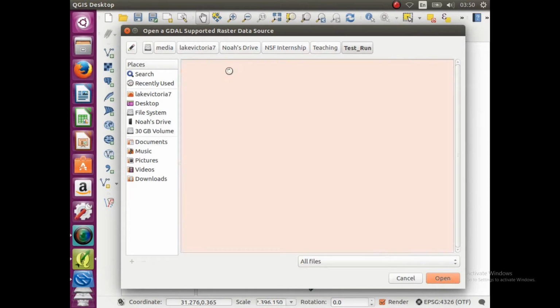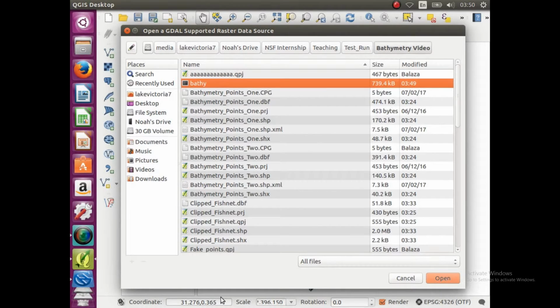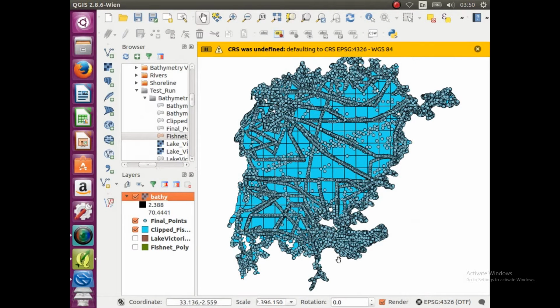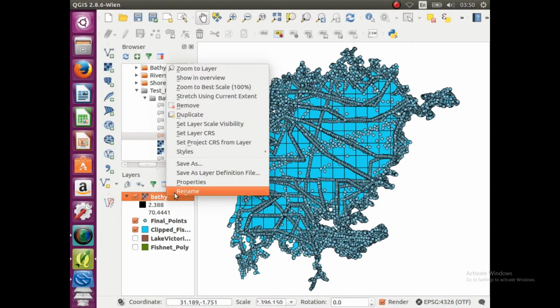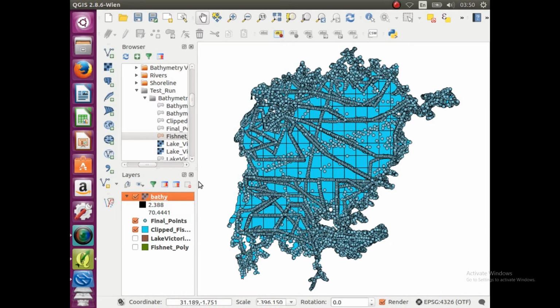And there it is. There's our Bathymetry. So we're going to open it up. It's going to add it to the map, but it says this coordinate reference system was undefined, so it's not coming in properly. So we're going to right click on it, go to properties,